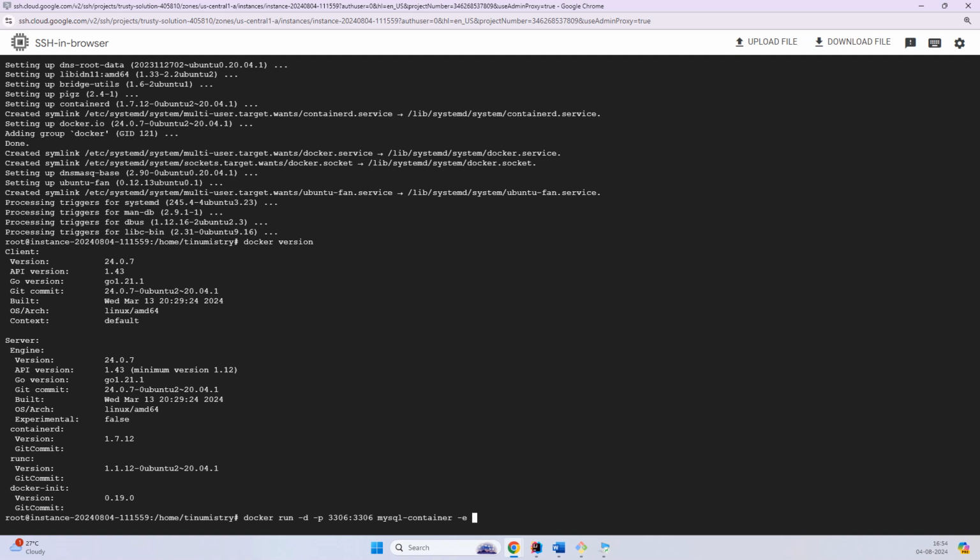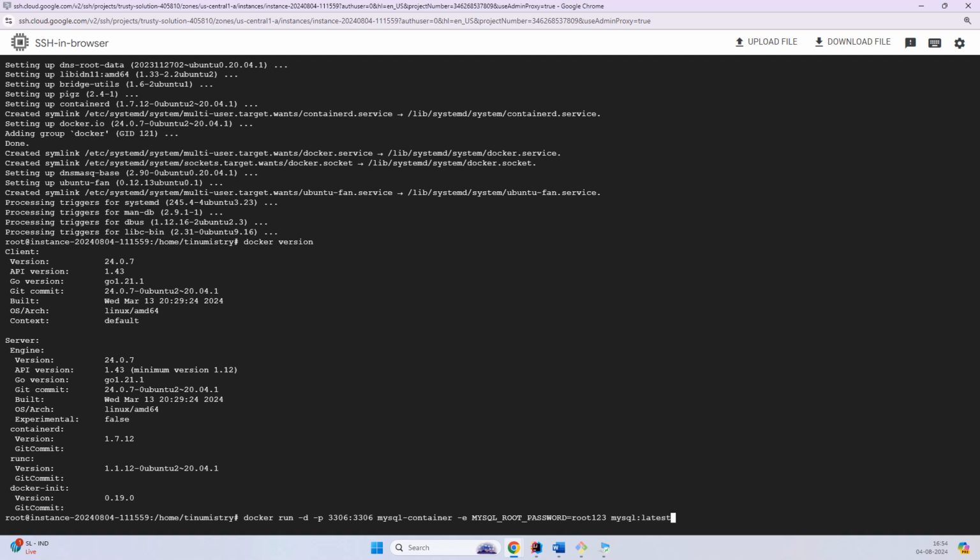So MYSQL_ROOT_PASSWORD, with capital letters. Now I'll simply say equal to root123, and the image mysql